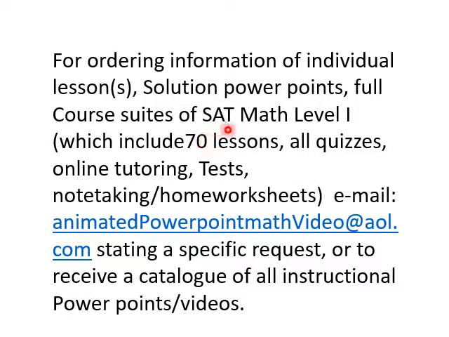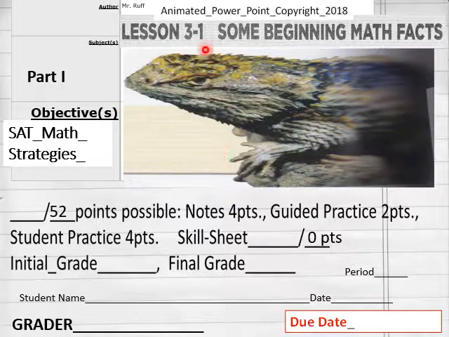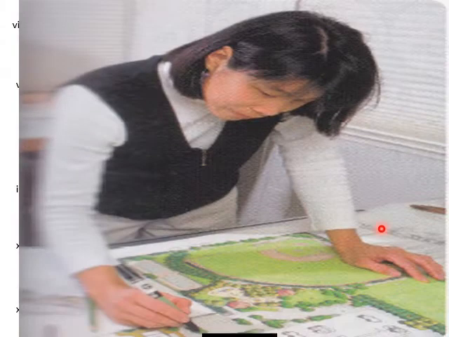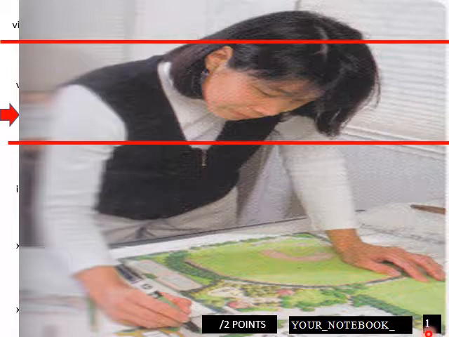Hello everybody, we're going to do 3.1 of SAT Math Level 1, prepping for the SAT Math. Some beginning math facts, 3.1. We've got notes here through 52 points of note taking. Page 1 here,